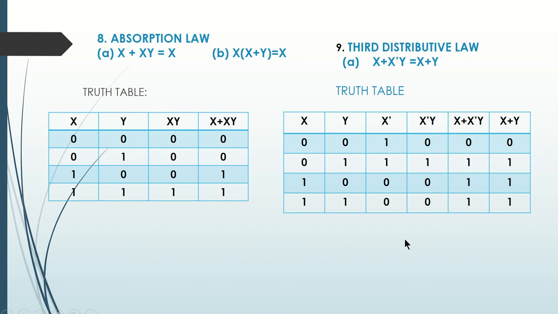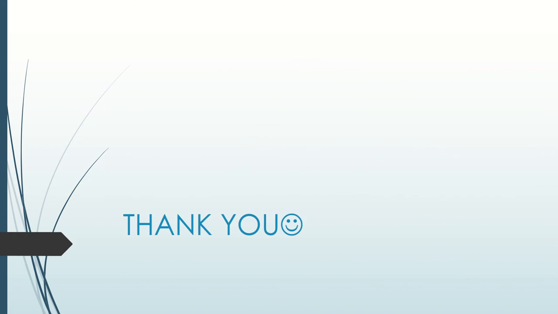These are all the basic theorems of Boolean algebra. You must memorize all these theorems, and you should be able to prove them using a truth table. We have learned how to prove them using the truth table. Next week we will discuss how to prove some of these theorems using an algebraic method. In the meantime you can write the classwork and do the exercise given here. Thank you, children.